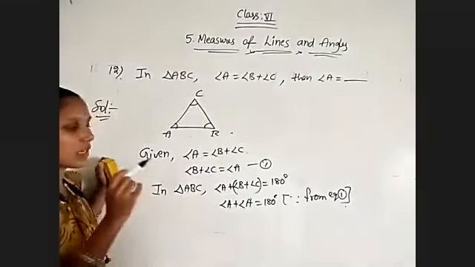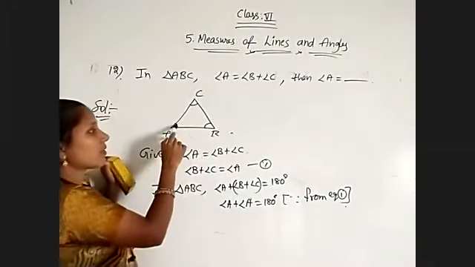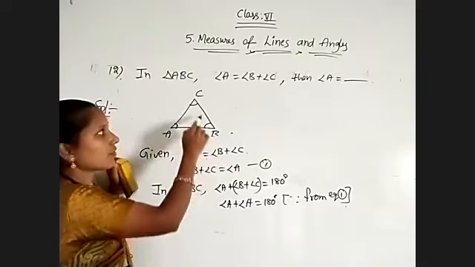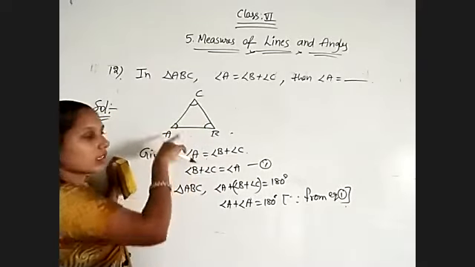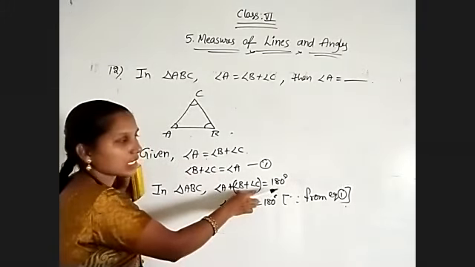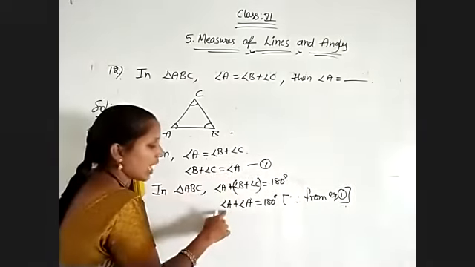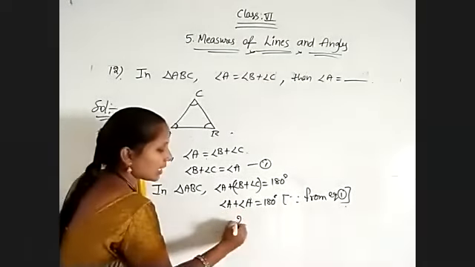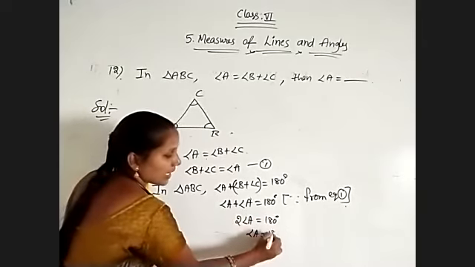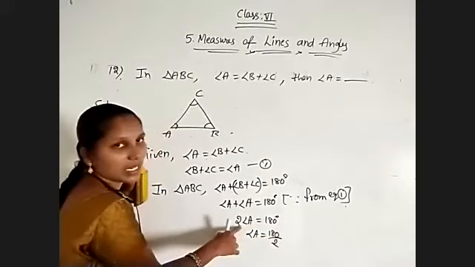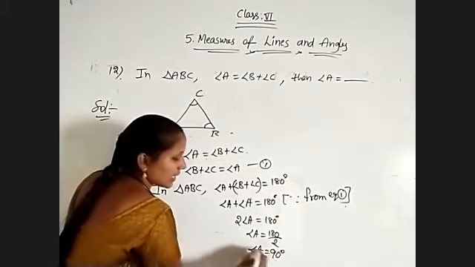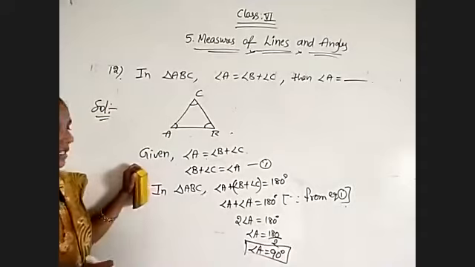Here you need to remember one thing. For any triangle, the sum of the three angles is equal to 180 degrees. And here the condition given is that the sum of two angles is equal to the third angle, that is, angle A is equal to angle B plus angle C. Substitute angle A instead of angle B plus C. Then 2 into angle A is equal to 180 degrees. Angle A will be equal to 180 by 2, because here it is multiplication, so bring this here as division. Then what do we get? Angle A will be equal to 90 degrees. 180 by 2 is 90 degrees.